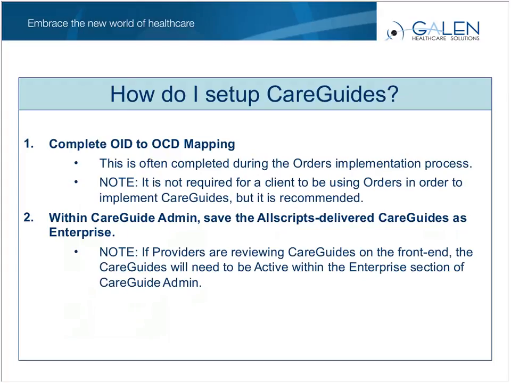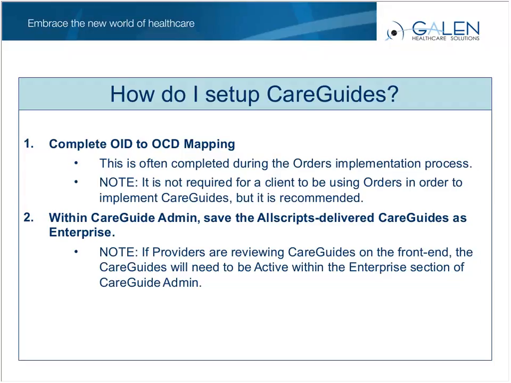So if your organization has not implemented orders yet or completed the OID to OCD mapping yet, don't worry. It is possible to narrow down the care guides you will be using by reviewing the care guides and then reviewing the orders within those care guides, and then only map those OCD items listed in the care guides to